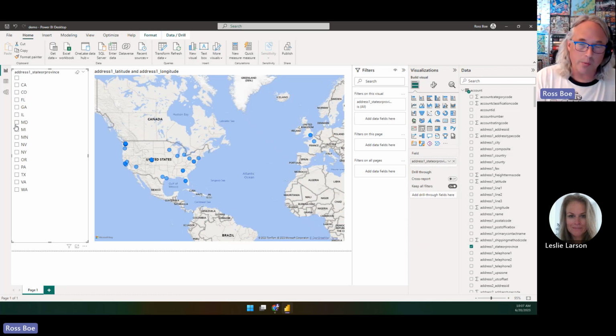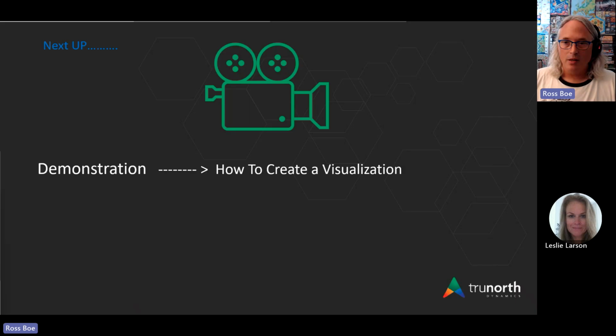And so now we can publish this up into the Power BI. We can set up a schedule to keep it up to date. And the owner of our company can have the data that she needs to make the decision on marketing. So that's the visualization we created off of the data we exported from Dataverse to the storage account using the Azure Synapse